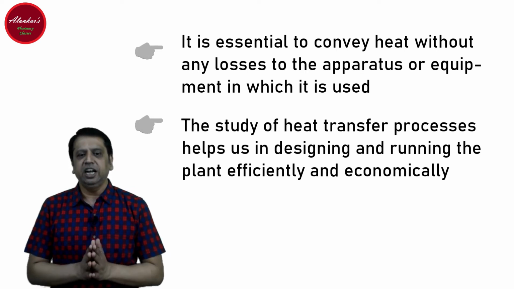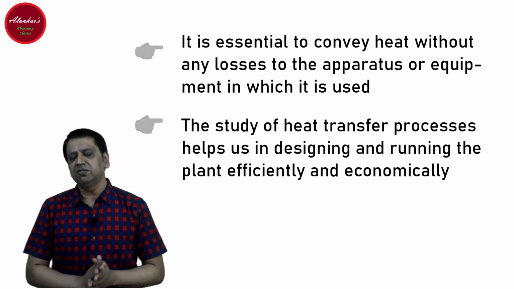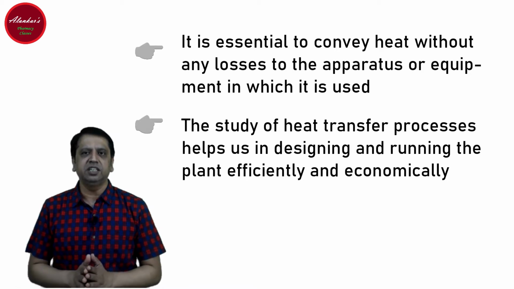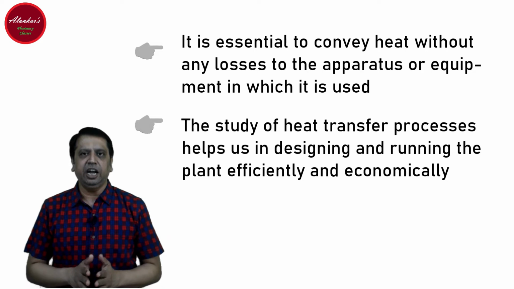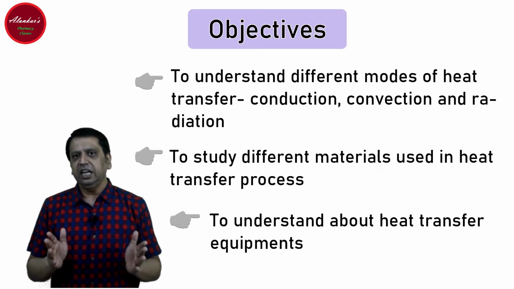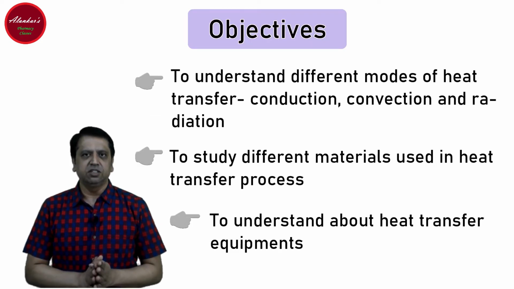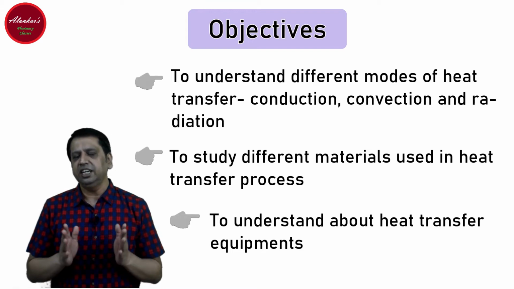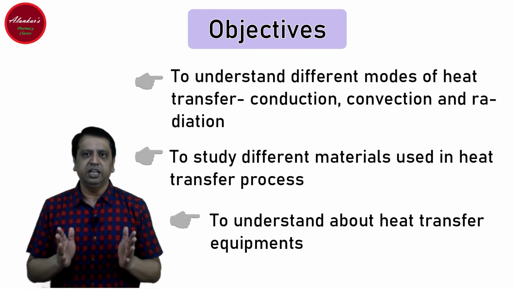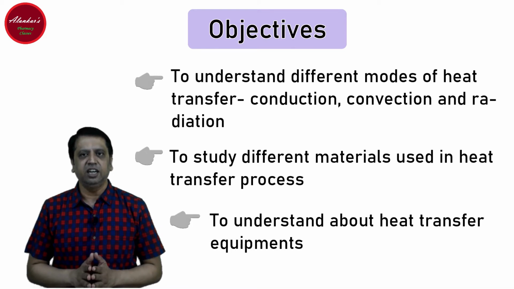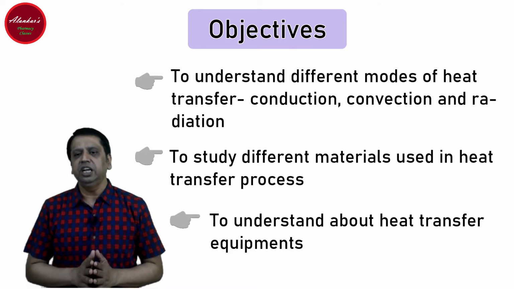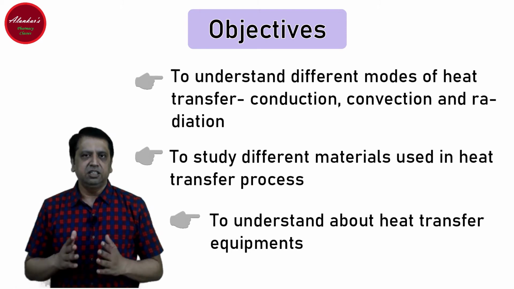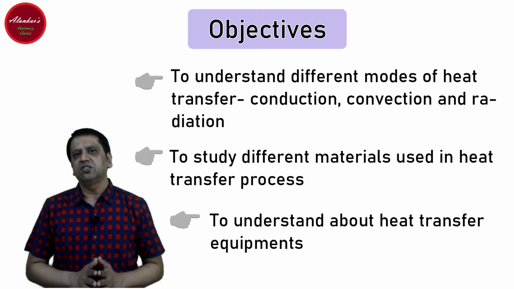So now you can easily understand that the study of heat transfer processes not only helps us in designing the plant but also helps us to run it efficiently and economically. Basically there are three objectives of heat transfer. The first is to understand the different modes of heat transfer, that are conduction, convection and radiation. Another objective is to study the different materials used in heat transfer processes and to understand heat transfer